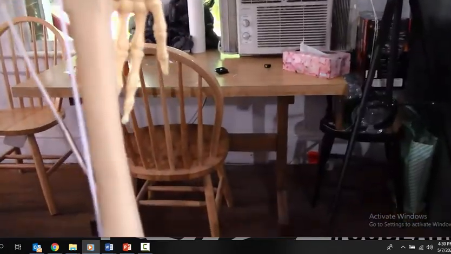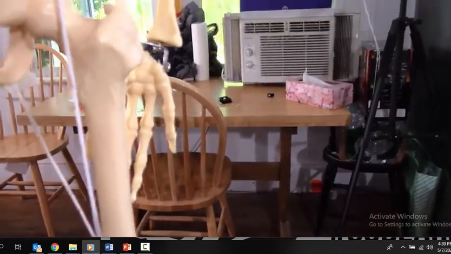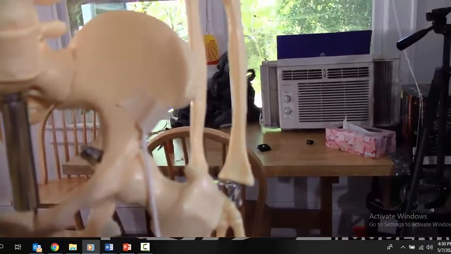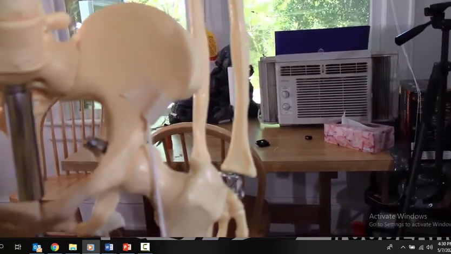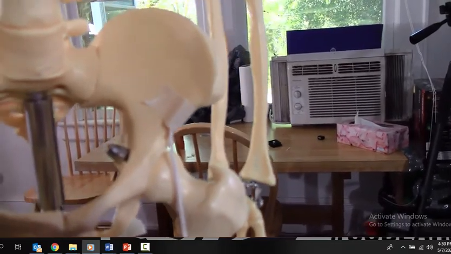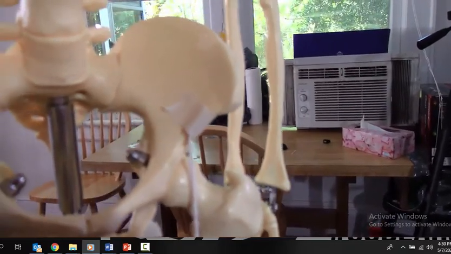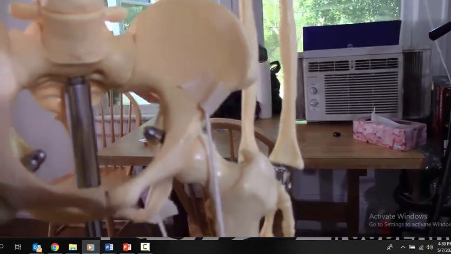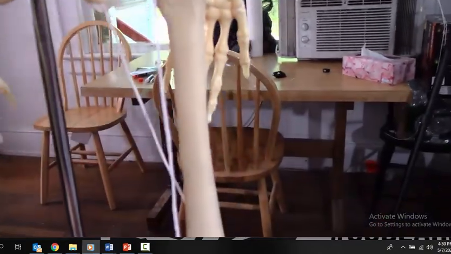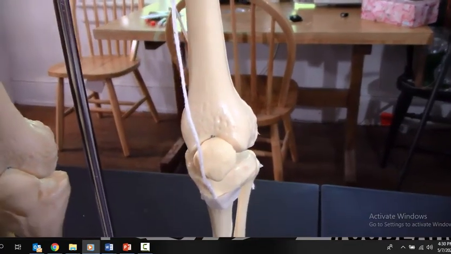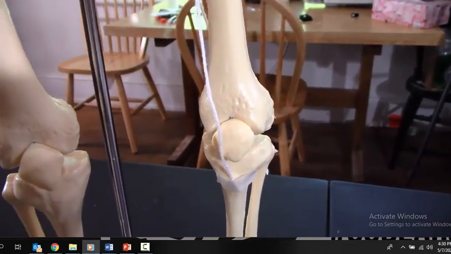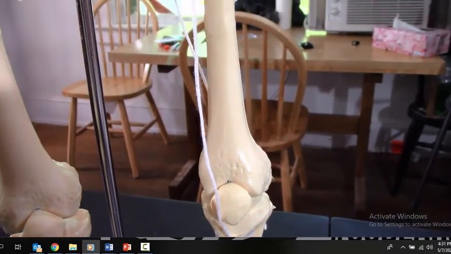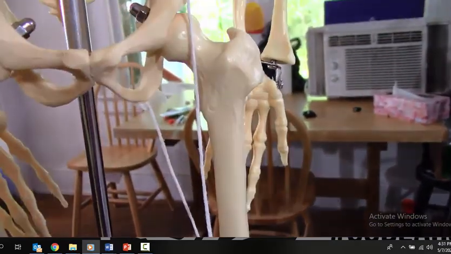Okay, this is the rectus femoris in the front of the thigh, and it originates on the anterior inferior spine of the ilium. See, that's your ilium bone, and then it goes down and inserts on the tibial tuberosity on the tibia. Okay, and so see, that's the prime mover